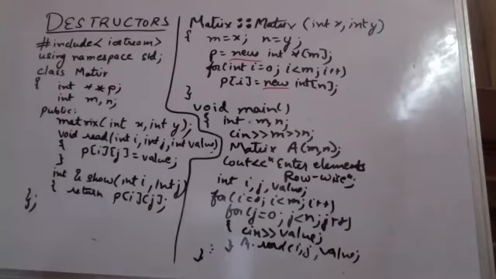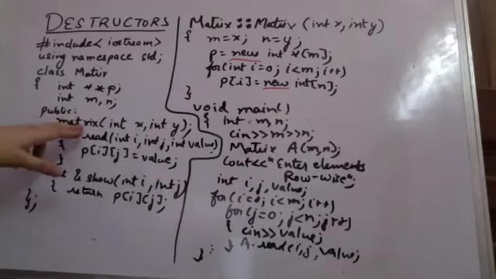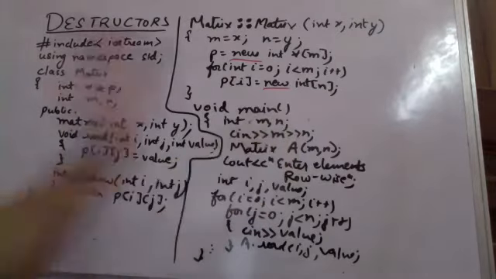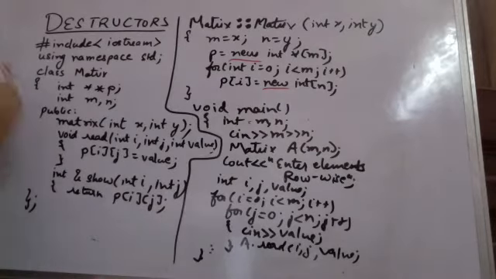As a constructor is called automatically whenever I am creating the object, similarly, as soon as we go out of the scope, the destructor is called automatically. Whenever the object will be deleted or the memory area for the object scope जब खत्म हो जाएगा, the destructor will automatically be called. Destructor is nothing, but it is a tilde sign.